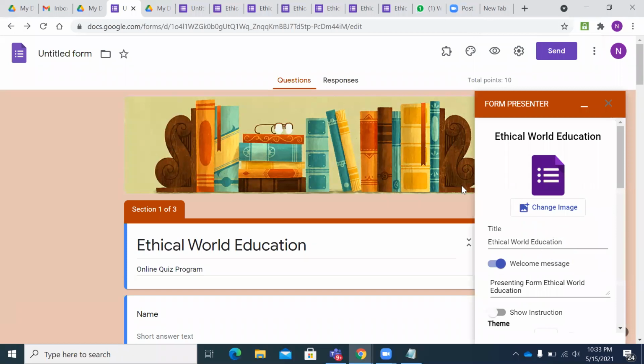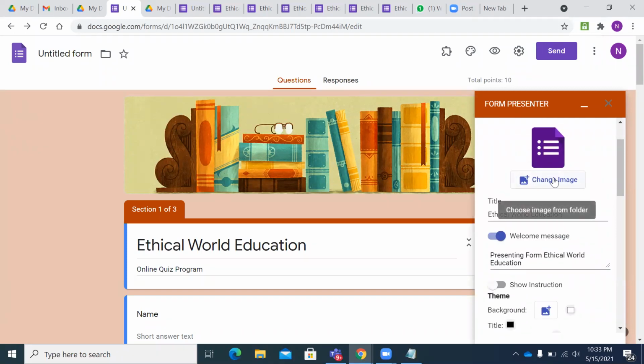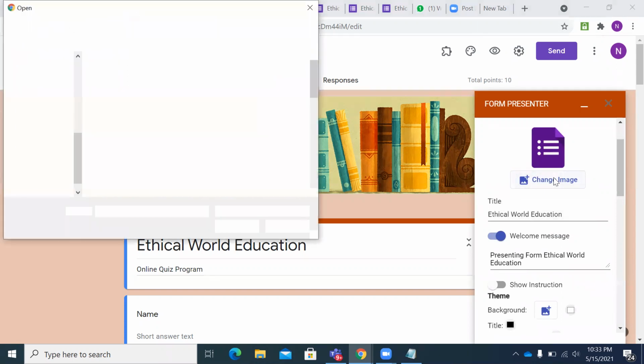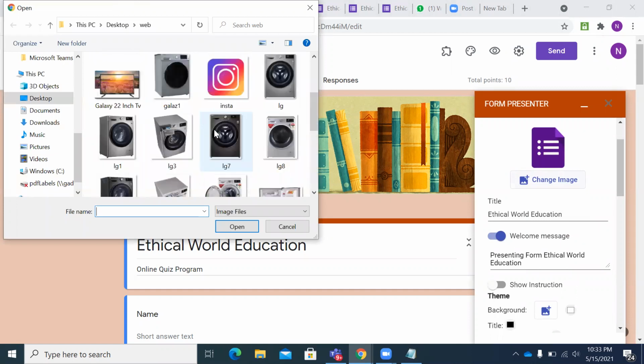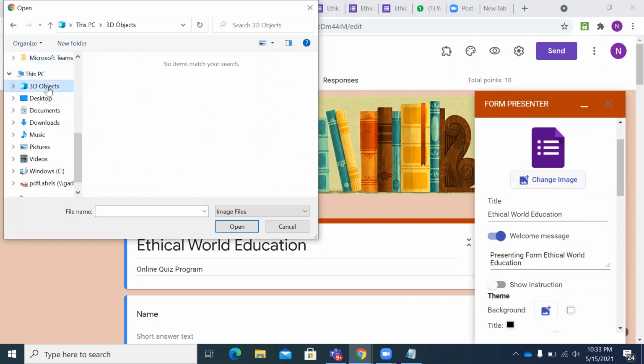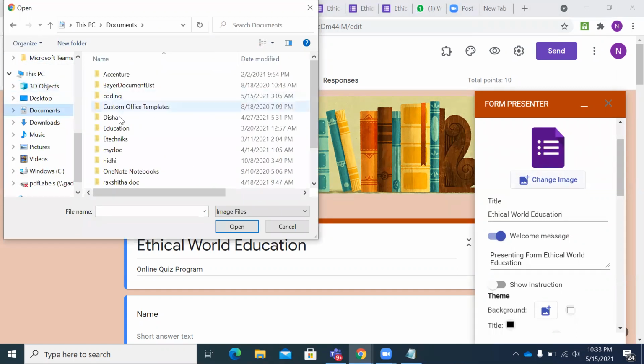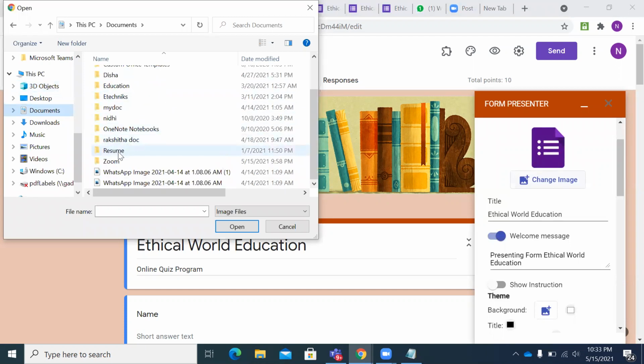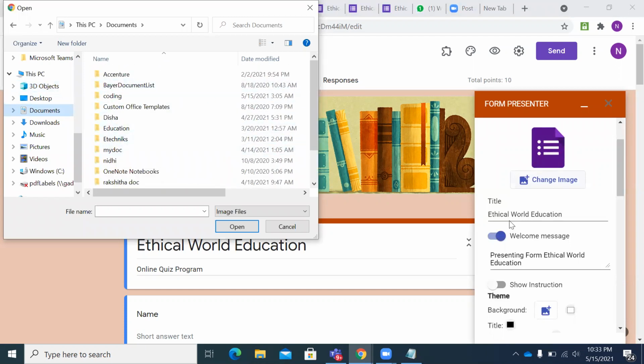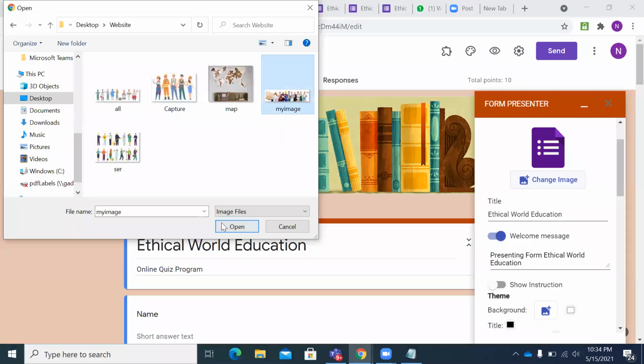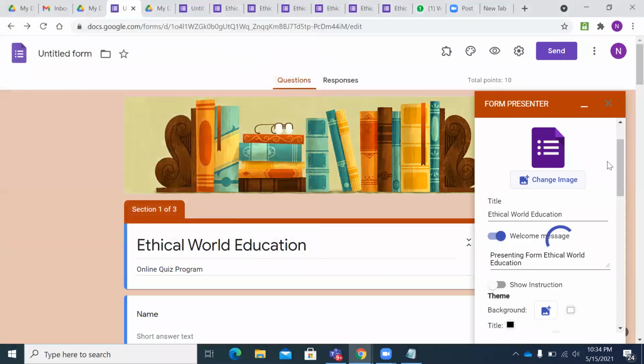Let me set it for 10 minutes. This is the image that the user can see on the front page. Let me change this image. I will be choosing this image, which will be added on the front page of the link.